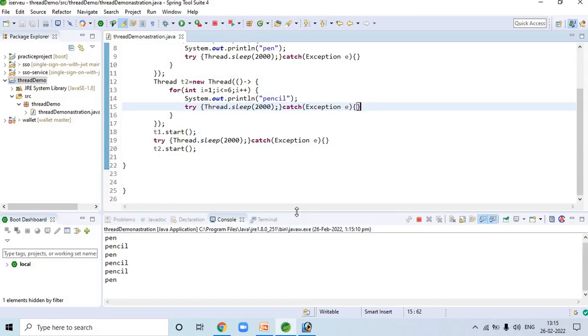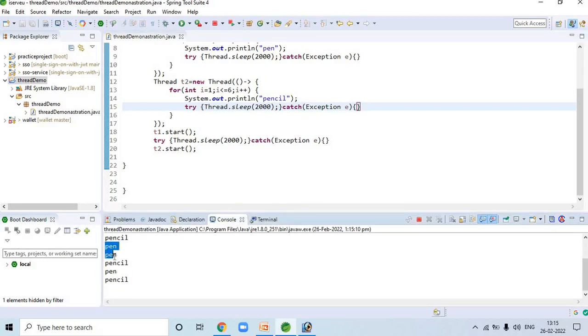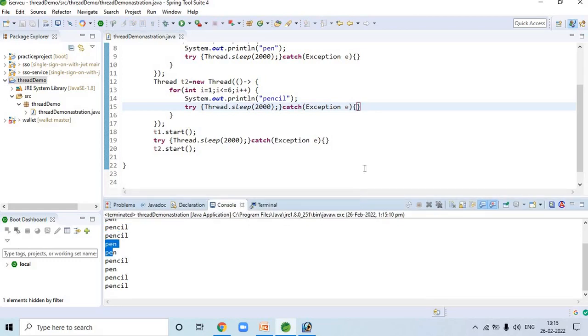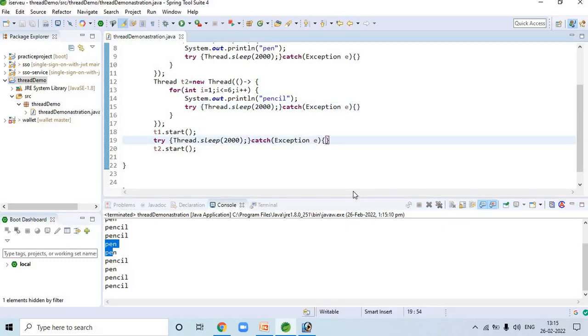But here the problem is sometimes it will come pencil, pencil, and sometimes it will come pen, pen. But we want it to come in the way of one time pen, pencil, first after waiting some time, then pen, pencil, pen, pencil. And if I write a method here like